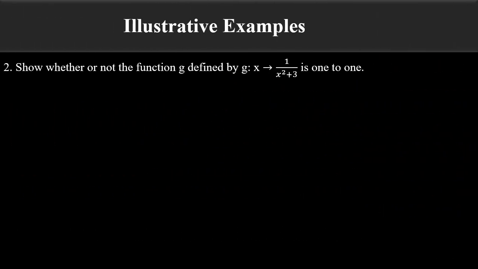Another illustrative example. Show whether or not the function defined by g mapping from x to 1 over x squared plus 3 is one-to-one. Obviously, we can tell that this particular function is not one-to-one. Now, we will prove that. However, one of the quick ways of determining that is whenever you have an x squared, one-to-one functions tend to